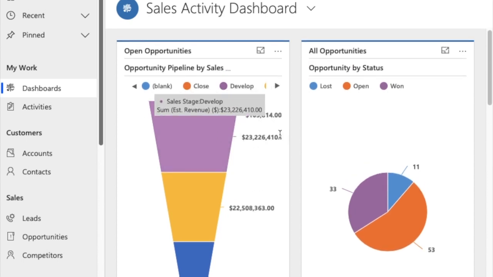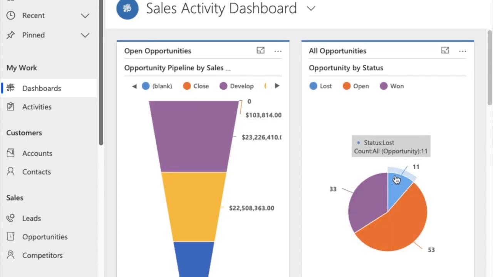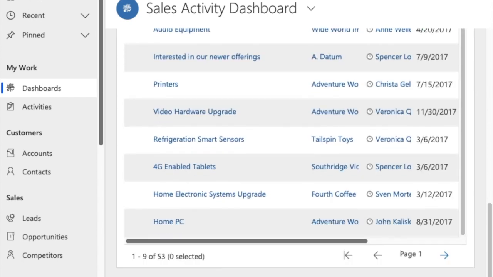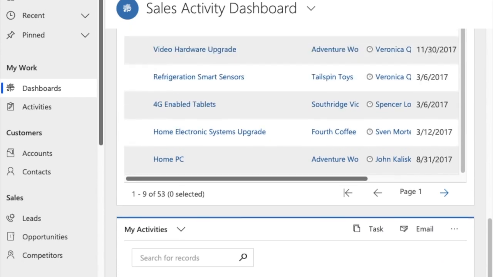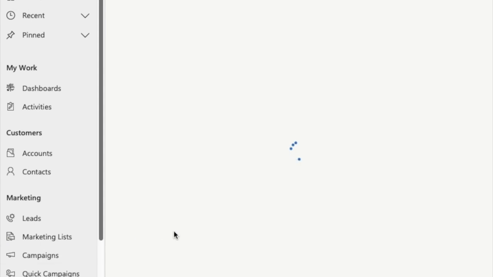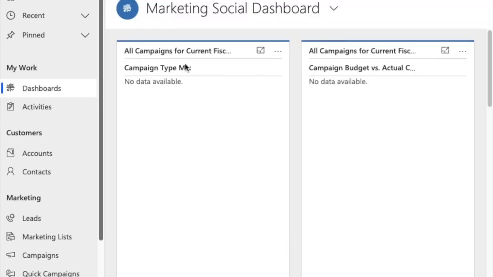Very easy to access. And as you can see, we have open leads over here. Go into the marketing tab, so you can see that as well, as I was just talking about that. Our campaign type mix, our campaign budget versus our actual costs and stuff like that. So if we head on back to the home,